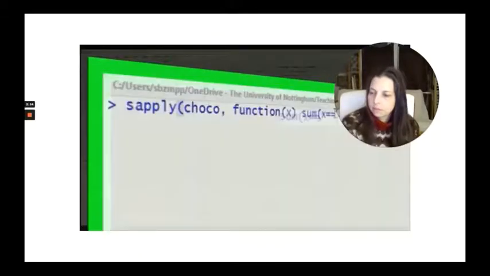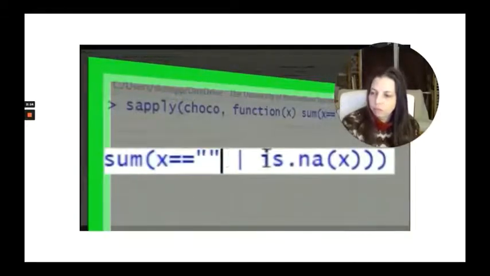So it's going to be the sum for any time where our item is either blank or NA. Now blank means an empty string, and NA means literally not applicable, right, which is something that comes up in data from time to time. Right, so in any case, both of these are missing values, so we're going to treat them both the same.